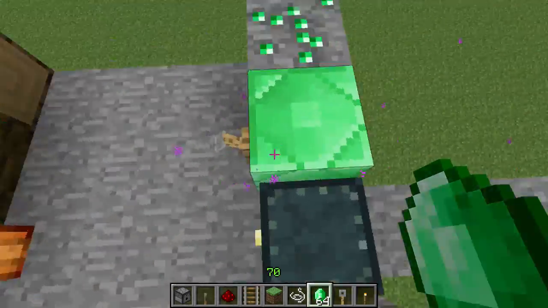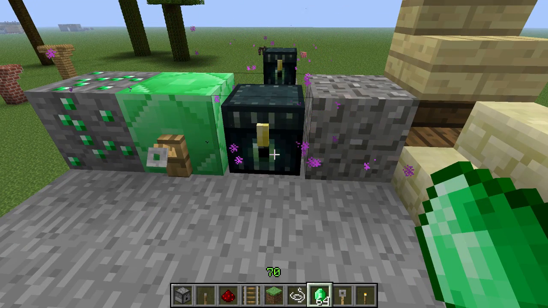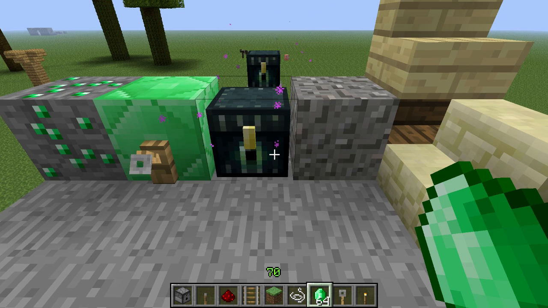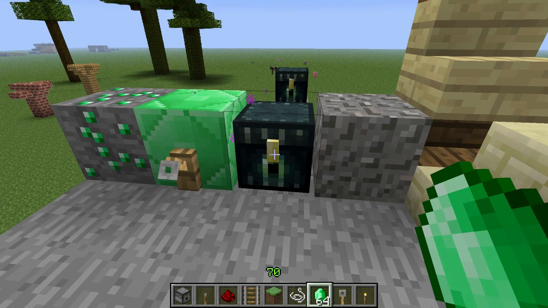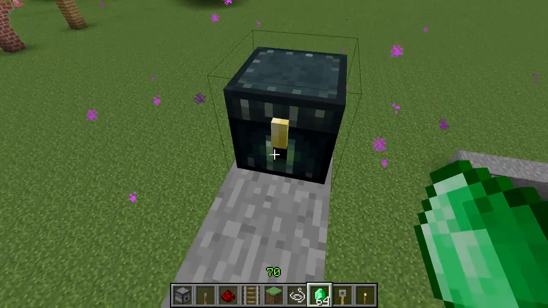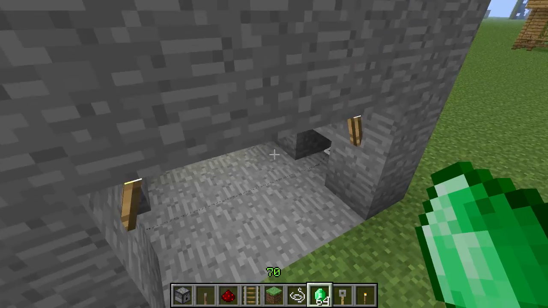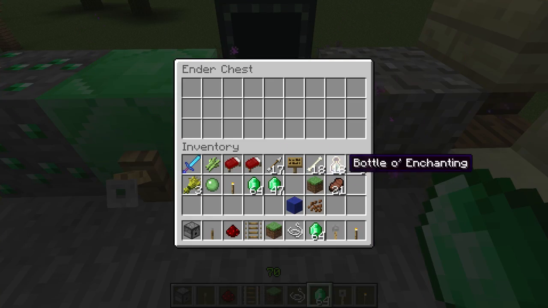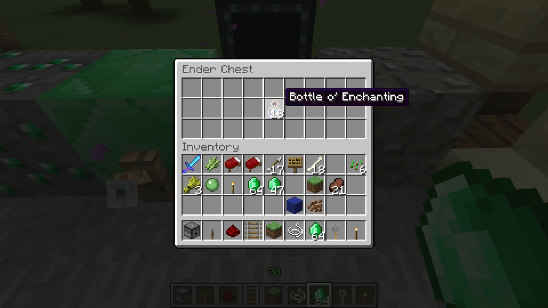So that's how you craft them, and their little gimmick, which is very cool in my opinion, is they are multi-dimensional chests. So you can create an ender chest, put one in the overworld, create another one, put it in the nether or the end, and then you could open this one up and say you want to put in some bottles of enchanting, if you could somehow manage to get some of those. So